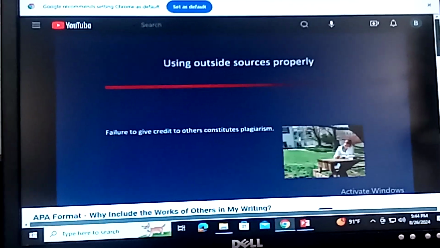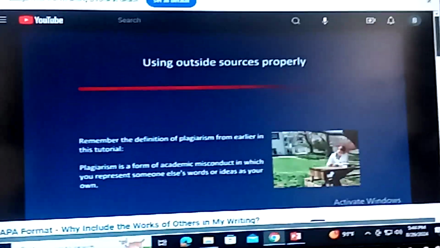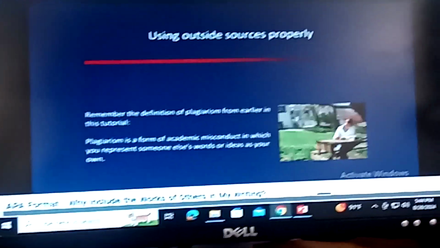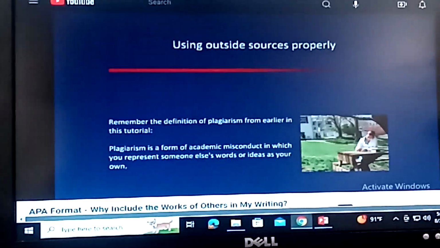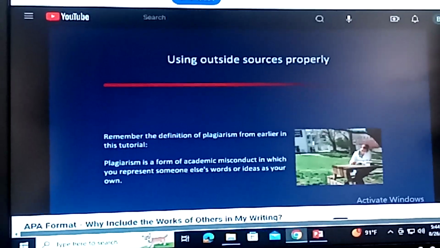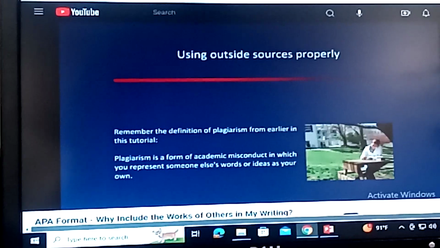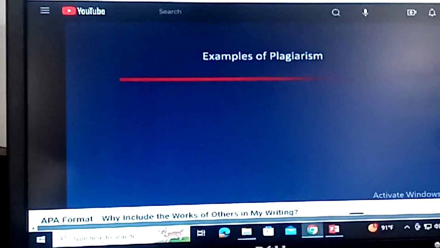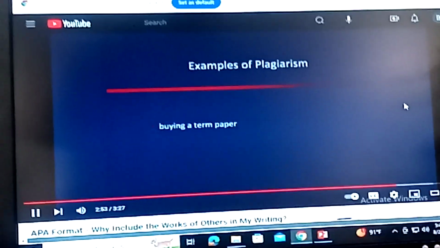Failure to give credit to others constitutes plagiarism. Remember the definition of plagiarism from earlier in this tutorial. Plagiarism is a form of academic misconduct in which you represent someone else's words or ideas as your own. Now, let's look at some examples of plagiarism. Buying a ready